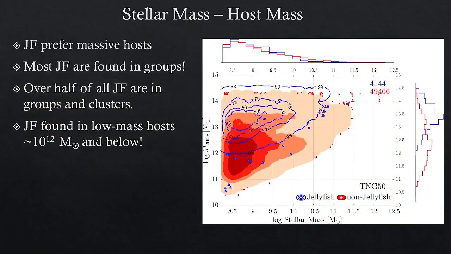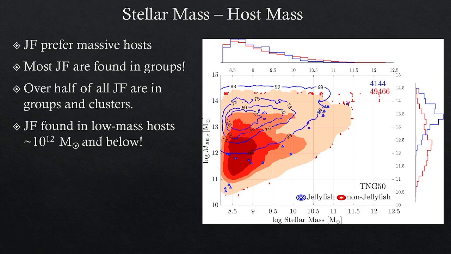If you take a closer look at the host mass, this picture shows us the contours. The blue contours are the jellyfish population, in the stellar mass, host mass plane. Red is the non-jellyfish, the general population. And you can see that there's a difference. Jellyfish galaxies prefer more massive hosts. That stands to reason. If you look at the histogram, though, for the host mass, you'll see that, yes, clusters